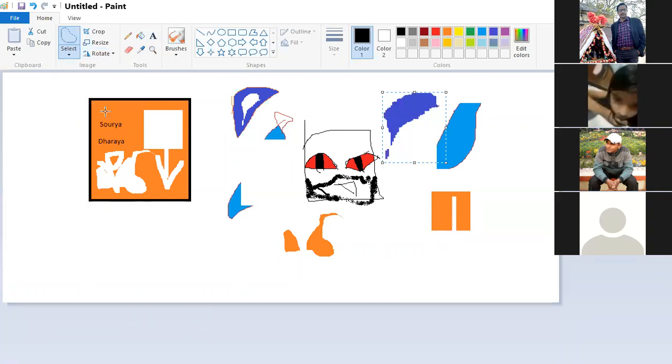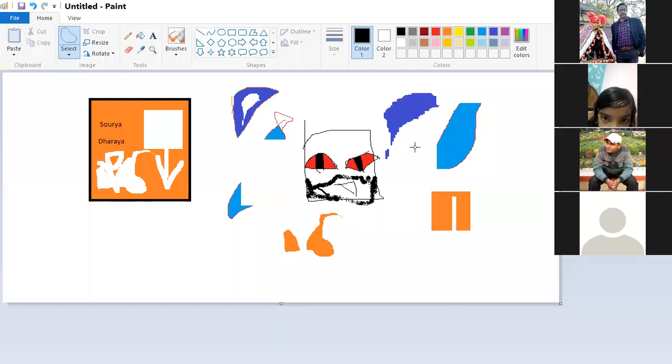So you can see different kinds of flipping are possible, and different kinds of rotation are possible. Rotation and all we do on the image. Selection and all we do on the image. Cropping and all we do in the image. That is the reason this is called the image group, and these options are available in our image group. Can you see? Yes, sir. Very good. Now next one.